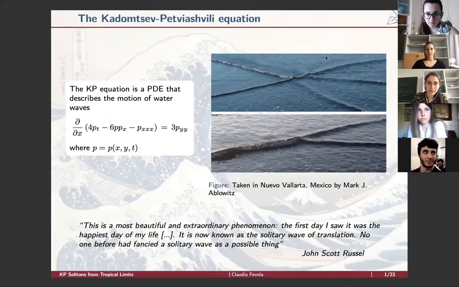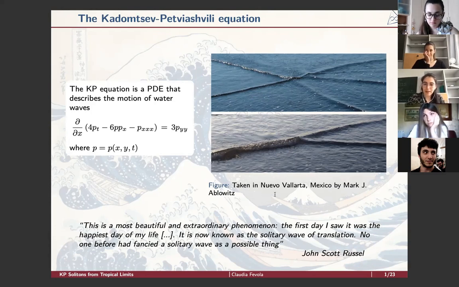The object of study is the so-called KP equation. This is a partial differential equation that describes the motion of water waves. Here, the function P is a function in three variables, x, y, and t, where two variables stand as space variables and t is a time variable. In particular, as I mentioned, this equation describes the motion of water waves as the one in the picture that I'm stealing from Mark Ablowitz's website,